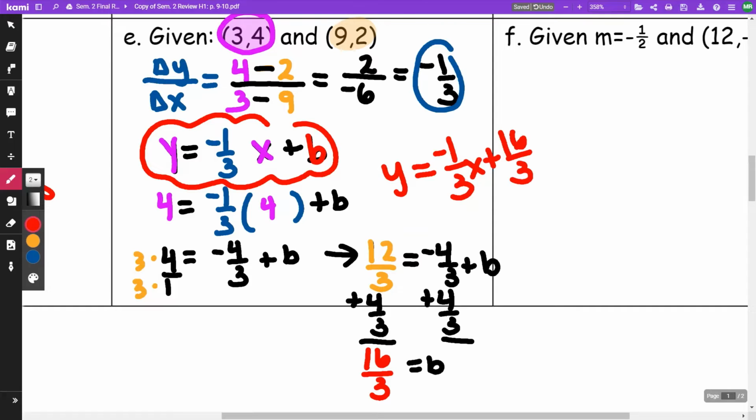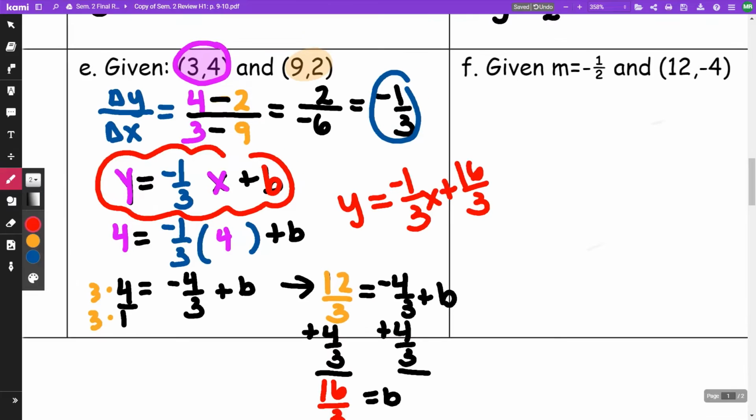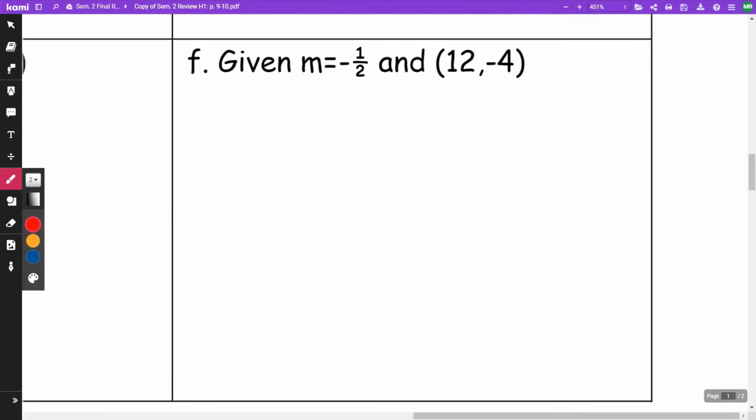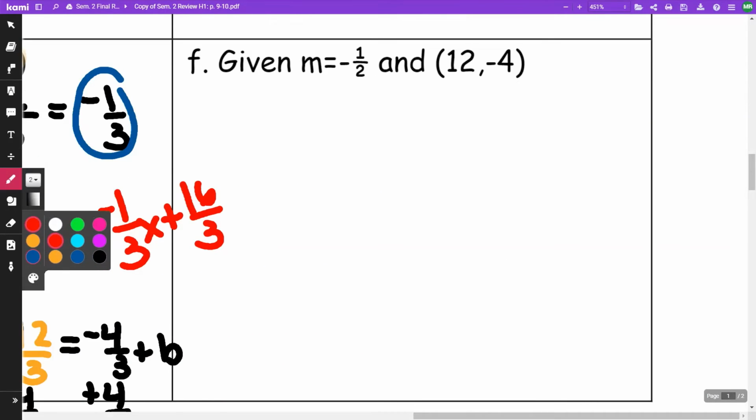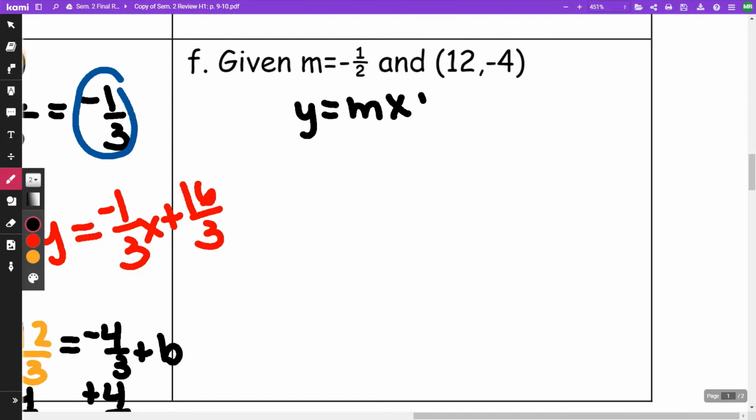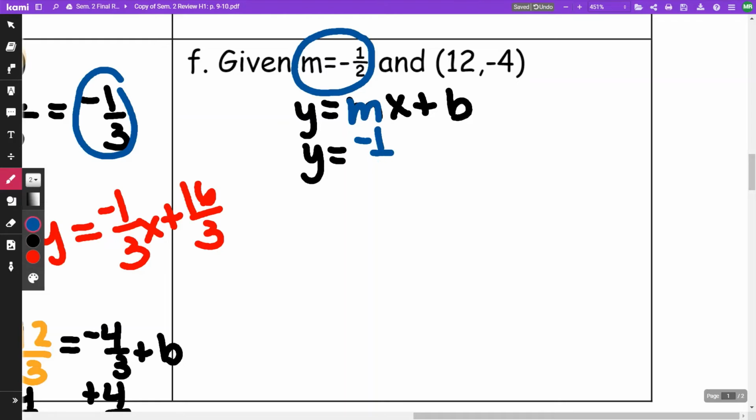On letter F, I'm going to be putting in -1/2 for my m. Okay, so it's mx plus b. And so I'm going to be putting in this -1/2 for my m. So I'm going to have y is equal to -1/2 x plus b. To find my b, I am going to be taking a point, this point right here,